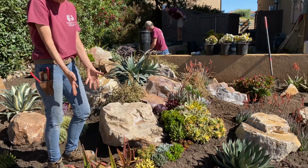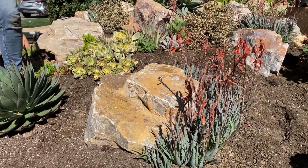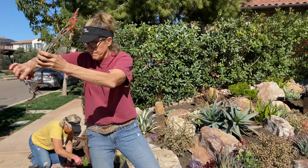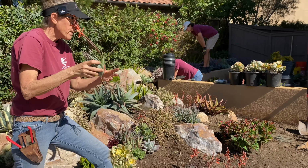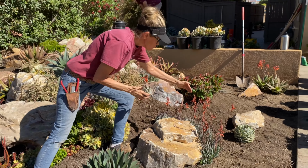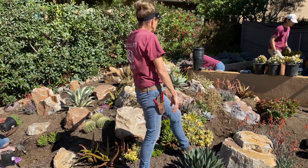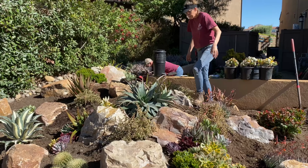This Aloe Blue Elf, this is one that I really love working with. I like breaking it all up and taking individual pieces like this. Now you'll note that there are some roots on that. These roots could be trimmed up dramatically too, if you wanted. Doesn't really matter. This one turns kind of a mauve color when it's stressed, but I like to break it up out of its can and work it as individuals to hug a boulder. I just think it's really pretty. It's kind of a signature for me. And I have 1, 2, 3 presentations of Aloe Blue Elf,